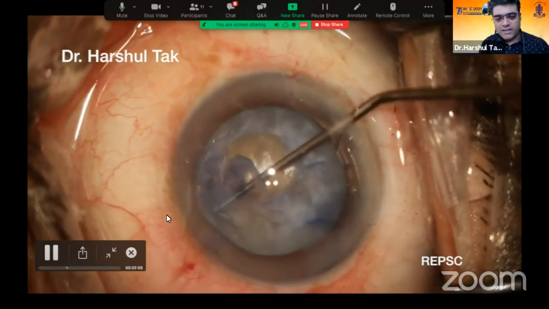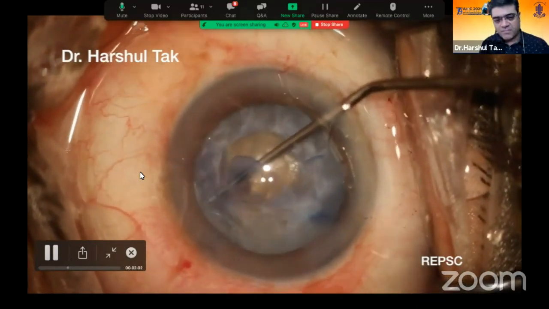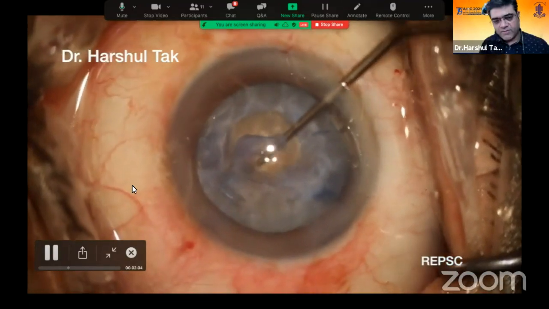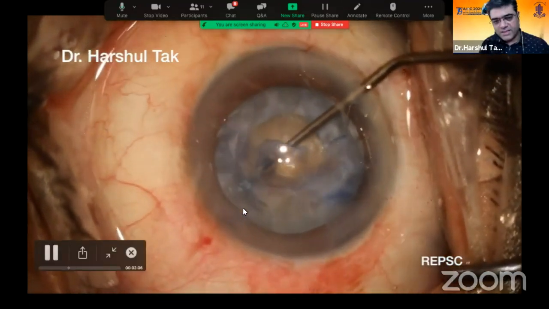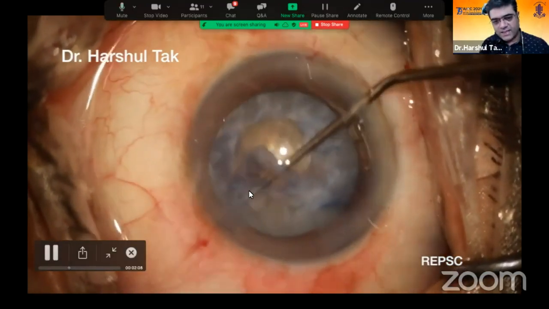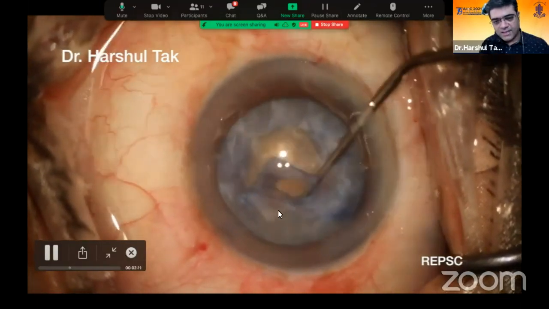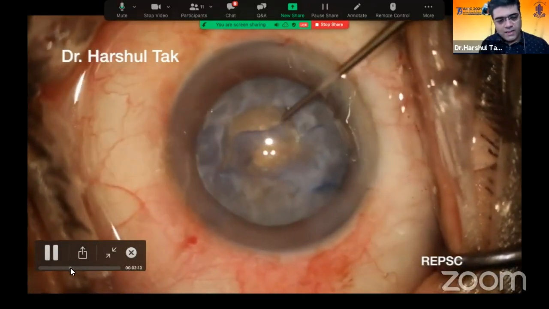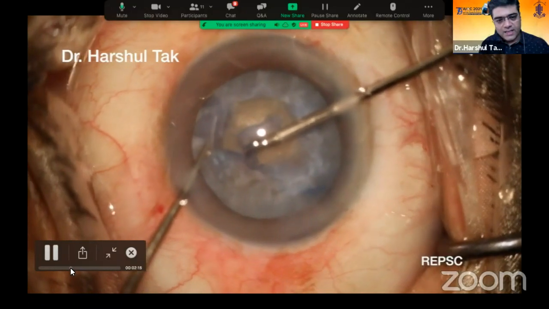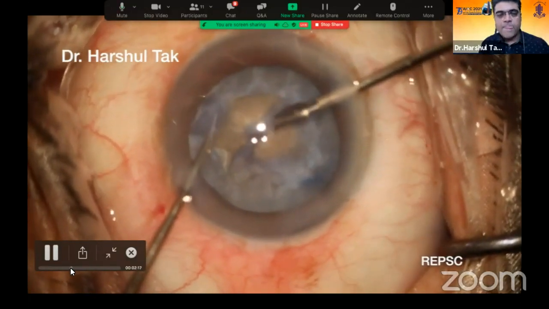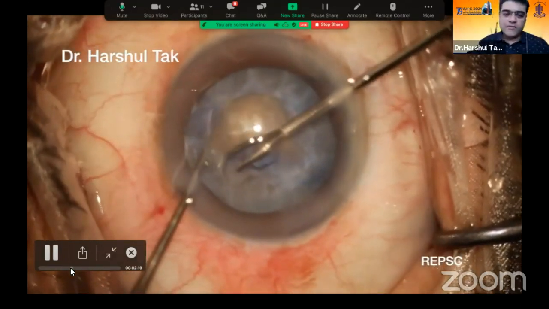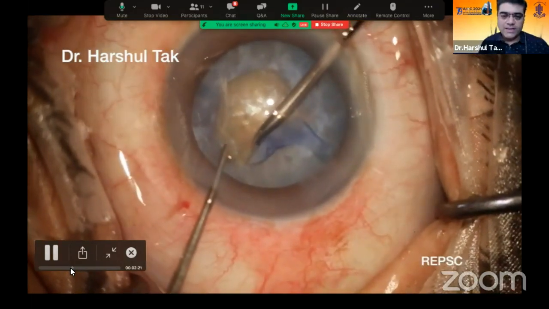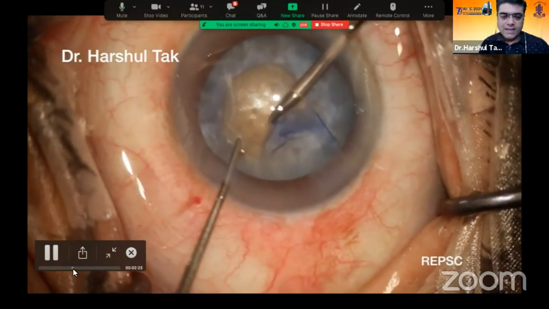Now I am separating the capsule from the subcapsular fibrotic bands which are there, but on this side it's clear. It was good that this area was clear. So I release these adhesions, and here I'm using centripetal forces to continue the rhexis.